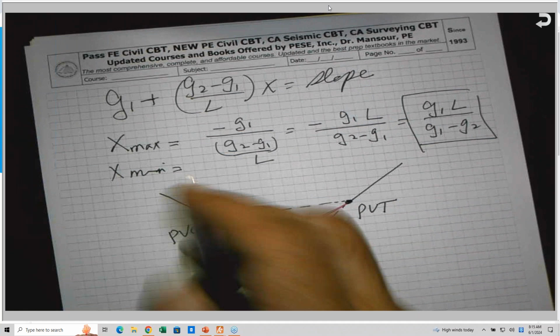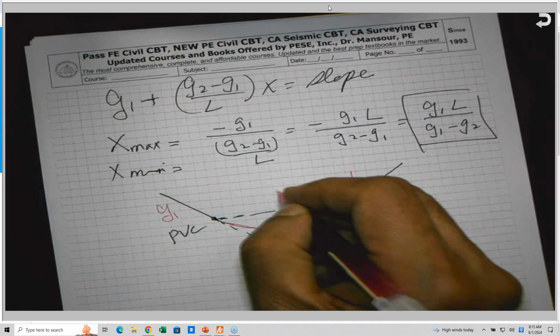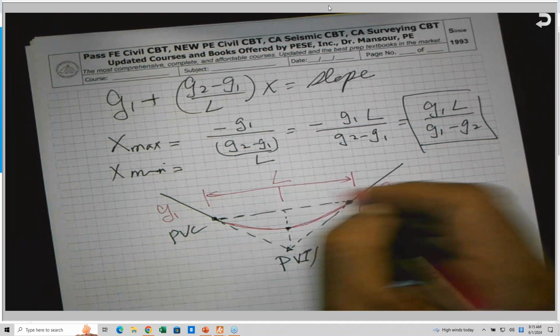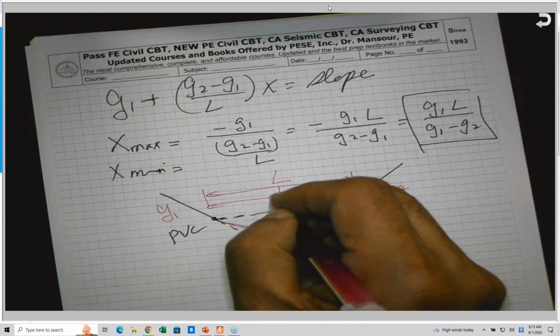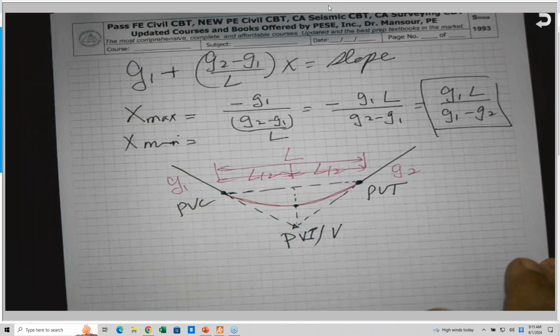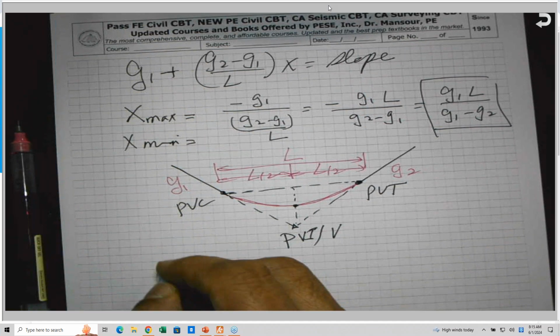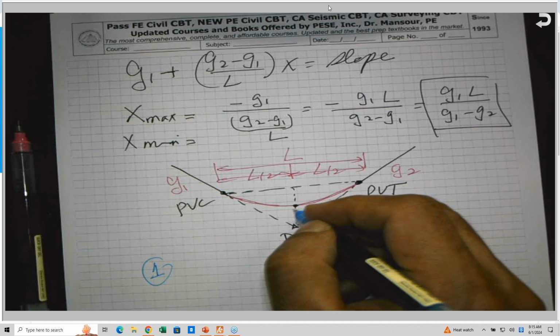And this is G1, and this is G2, and from here to here is L, and from here to here is L over 2, and this is L over 2, because we are talking about symmetrical vertical curves. Okay, so the low and high points. Okay, number one, I needed to remember that this, the low point,